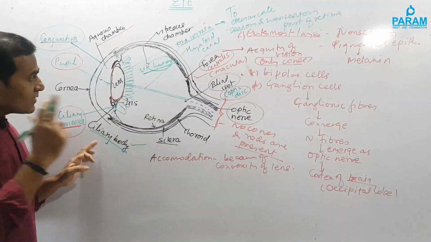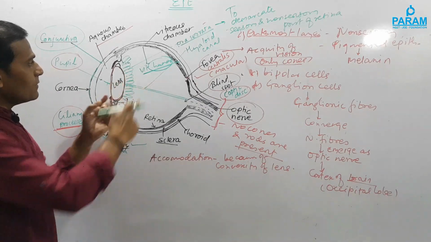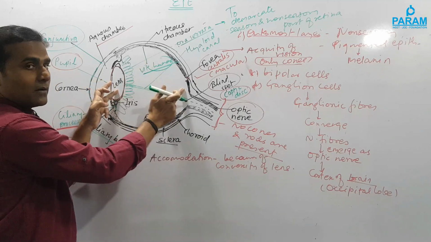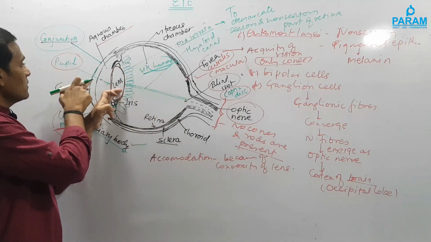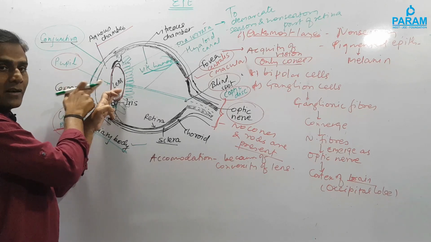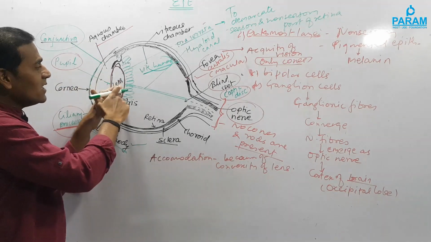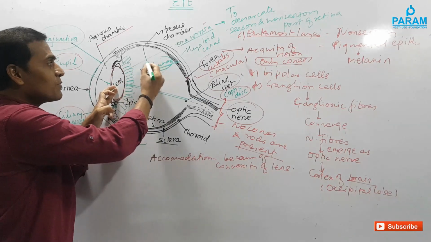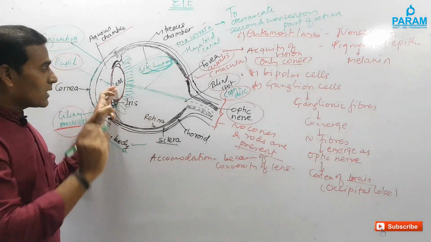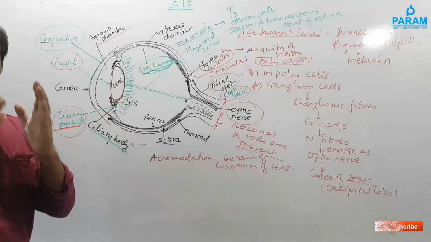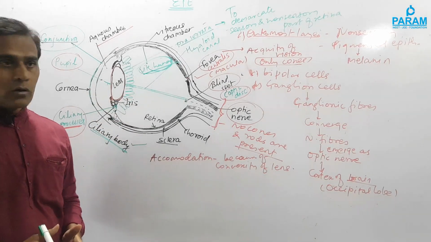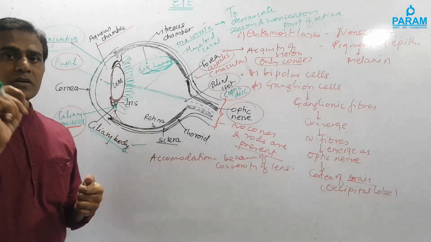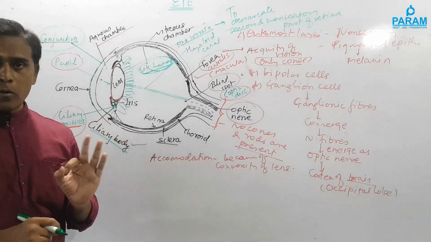Next thing is, there is the presence of vitreous chamber in between lens and retina, as your aqueous chamber is present in between cornea and lens. Similarly, in between lens and retina there is presence of vitreous chamber, which is filled with vitreous humor, and the function of this humor is to maintain the pressure in the eyeball. Otherwise, if pressure in the eyeball is increased, that results into some disorder, and that is termed as glaucoma, right?